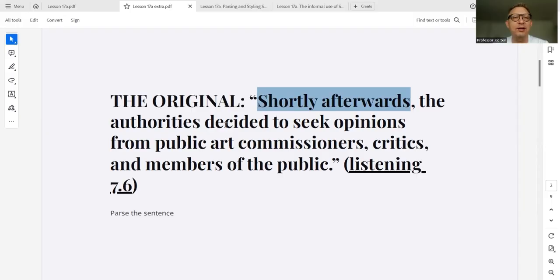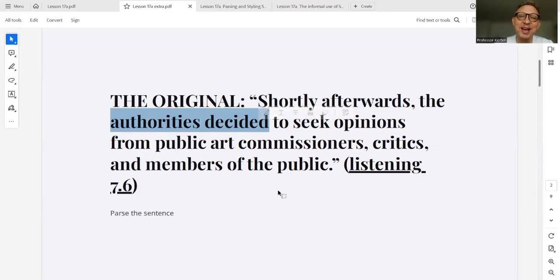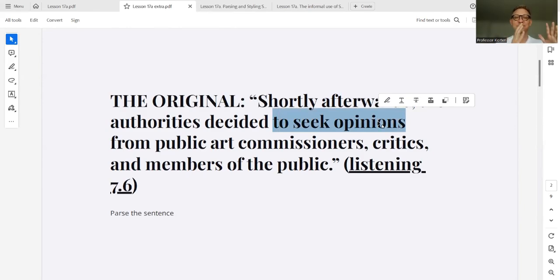So here we have, well, I'll ask you, what is the core sentence here? The core sentence is authorities decided. Now we have to add a lot to that. And what did they decide? Well, here's a second prepositional phrase, decided to seek opinions. So that's what they decided to do. And then from whom?